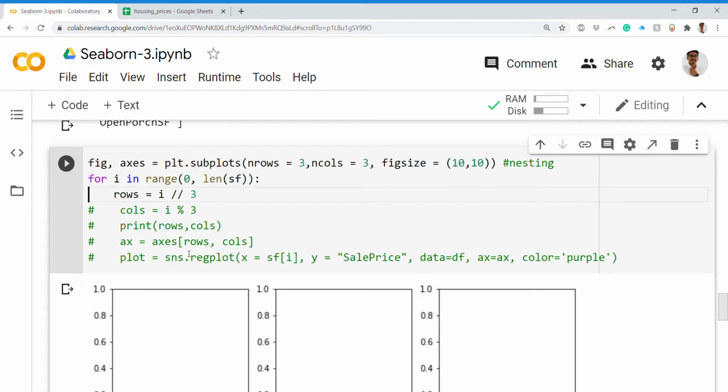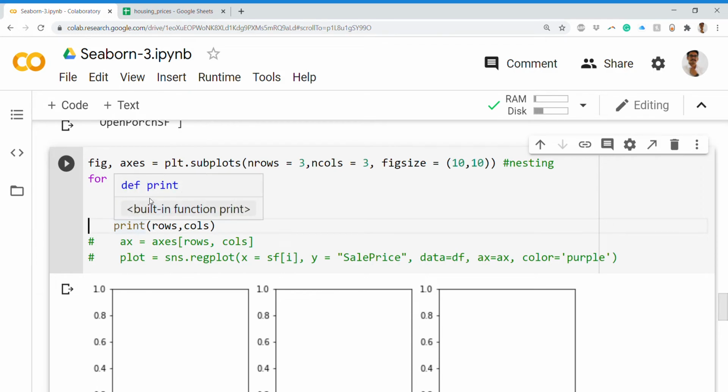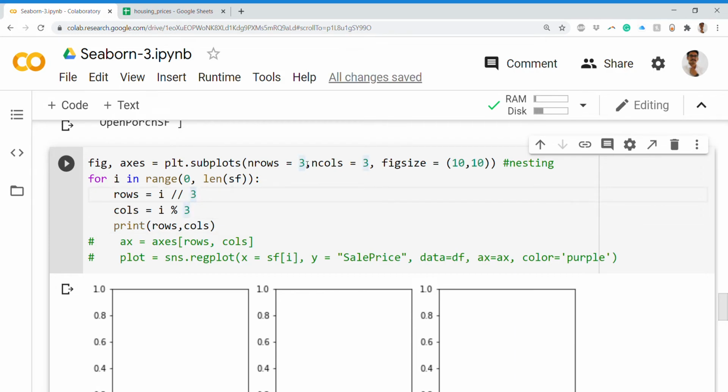I create a for loop, for i in range, that is 0 to length of SF. We know it's 9, but here it will run from 0 to 8, so that gives a count of 9. And for rows, I'm doing rows equal to i, delimited by 3. The first 3 corresponds to the rows, and the other 3 corresponds to the columns.